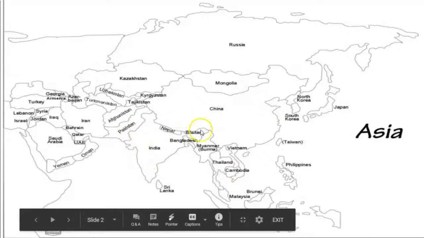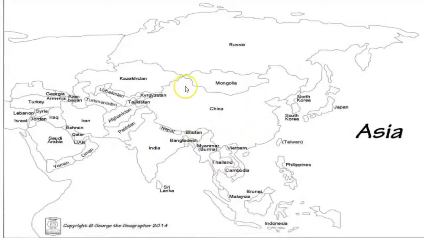These are modern countries, so they still have the same names. The borders are a little bit different than they were in the time we're going to study, but generally the same area in Asia, China, India. Then at the very end of this, we're going to add on a modern country that we're going to discuss, which is Japan. So this is Japan right here. Okay. So we're going to start with our ancient Asian civilization in India.